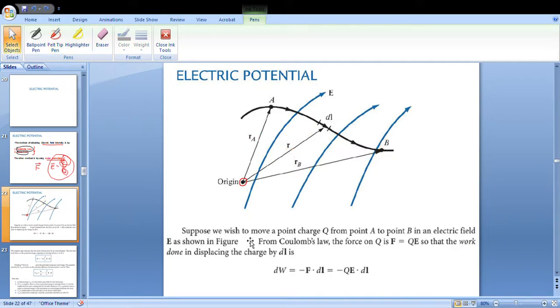Now suppose we wish to move a point charge q from point A to B in an electric field E as shown in the figure. So from Coulomb's law we know that the electric field intensity E vector is nothing but the force experienced per unit charge, right? So if I want the force